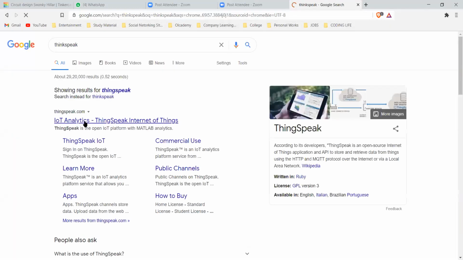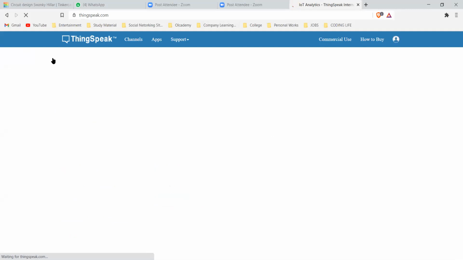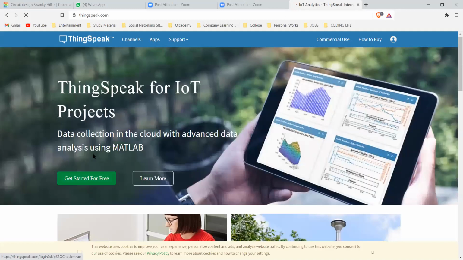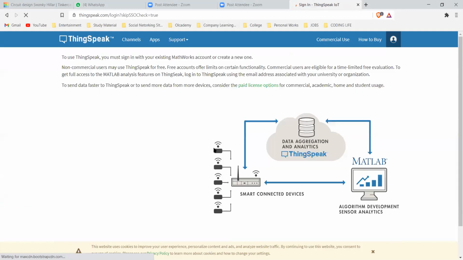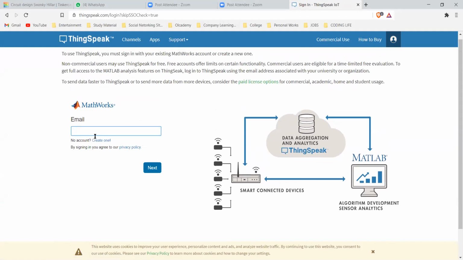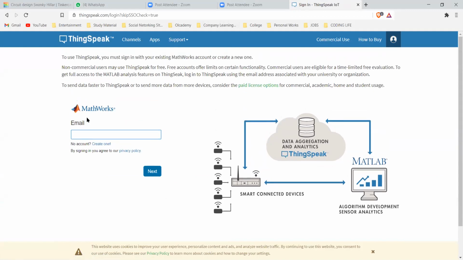So this is the basic platform, ThingSpeak, that helps you analyze it. It's free. You can just directly use it. Now I've not yet initialized it here, but once you log in, you can generate a key. You use that key and put it directly in your connection, like how you send data through Bluetooth, that is through